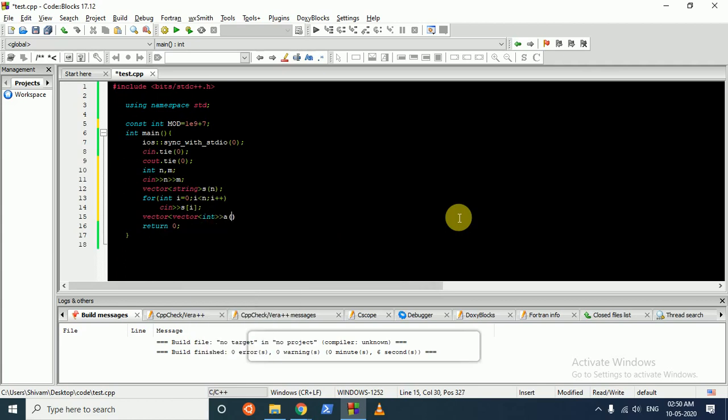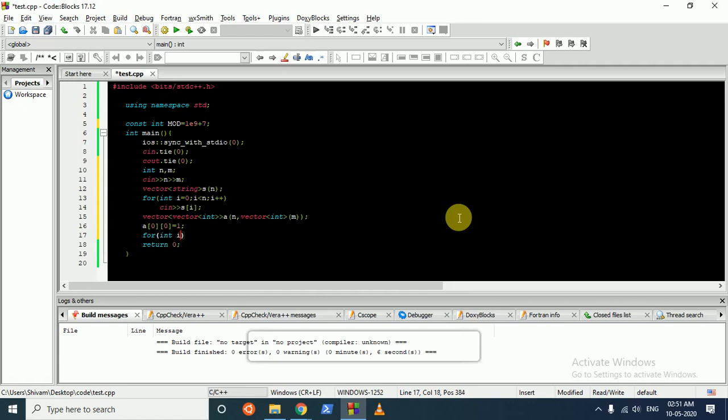Name it A, or you can also name it DP. Its size will be n, number of rows and number of columns. Fine. And as you know, the first value is equal to 1, because if there's only one block, we can actually reach the answer. So there's only one path.